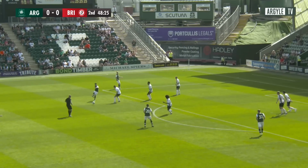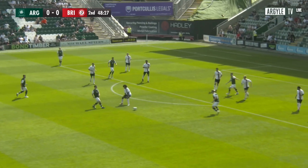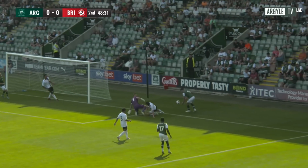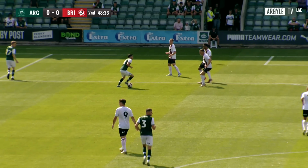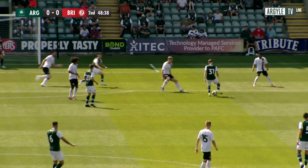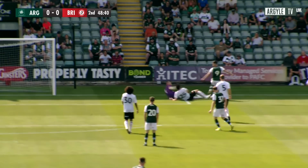But some nice little interchanges there from Argyle, not least between Jeffcott and Hardy, who have developed a good understanding as a front pair. Actually did come off the defender last. It was a corner. More encouraging stuff? Yeah, it was a good break from Argyle. Just before that, I think a promising break from Adam Randall, and I think he just perhaps allowed the Bristol City forwards to...